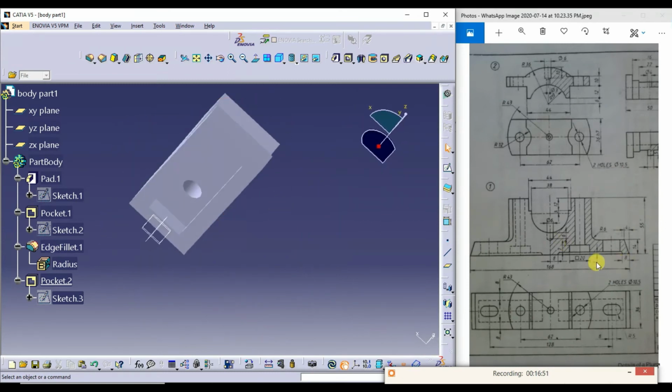Next, I need to create one more rectangular cutout of depth 7 mm from this, and the dimension of this should be a rectangular of 20 mm dimension. So I have chosen this plane.